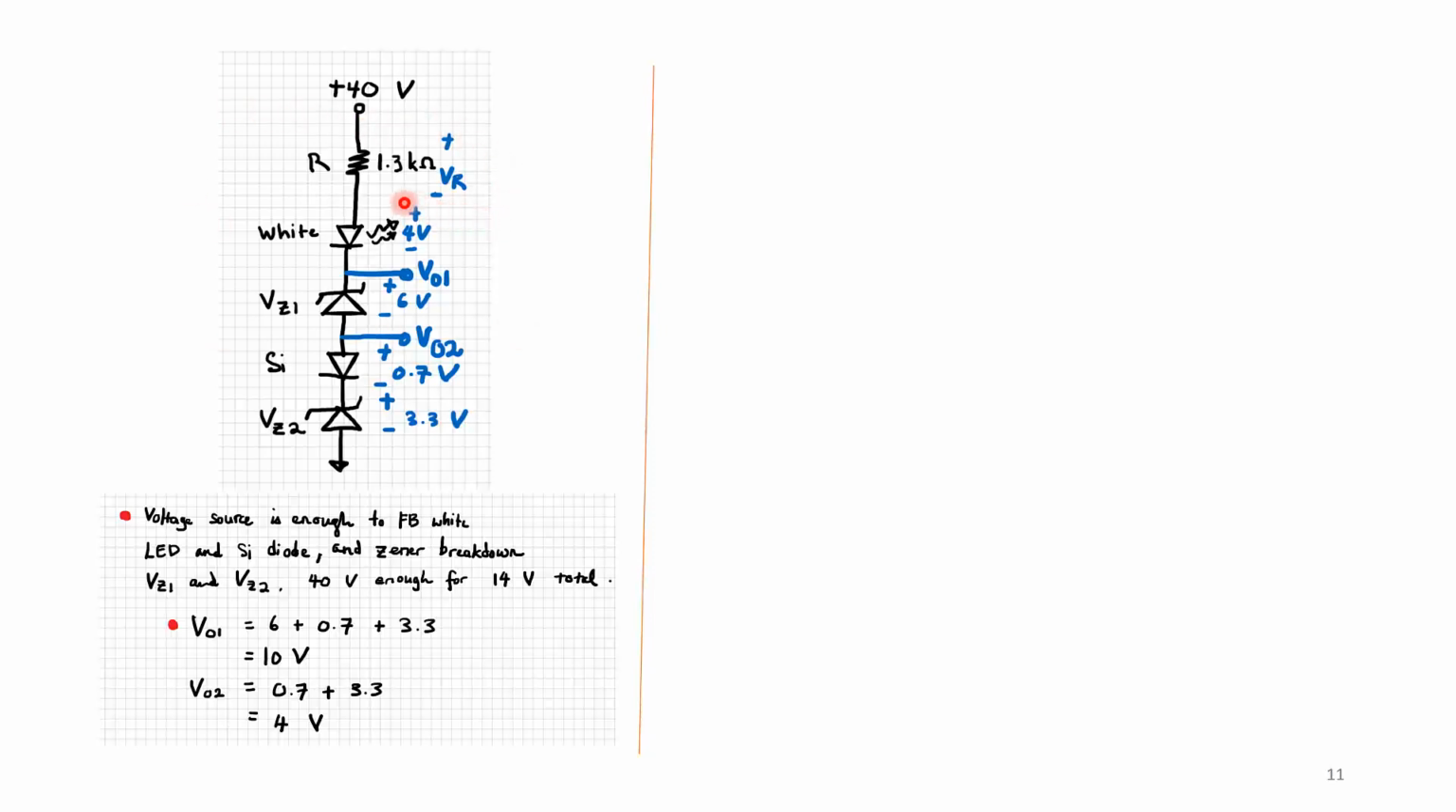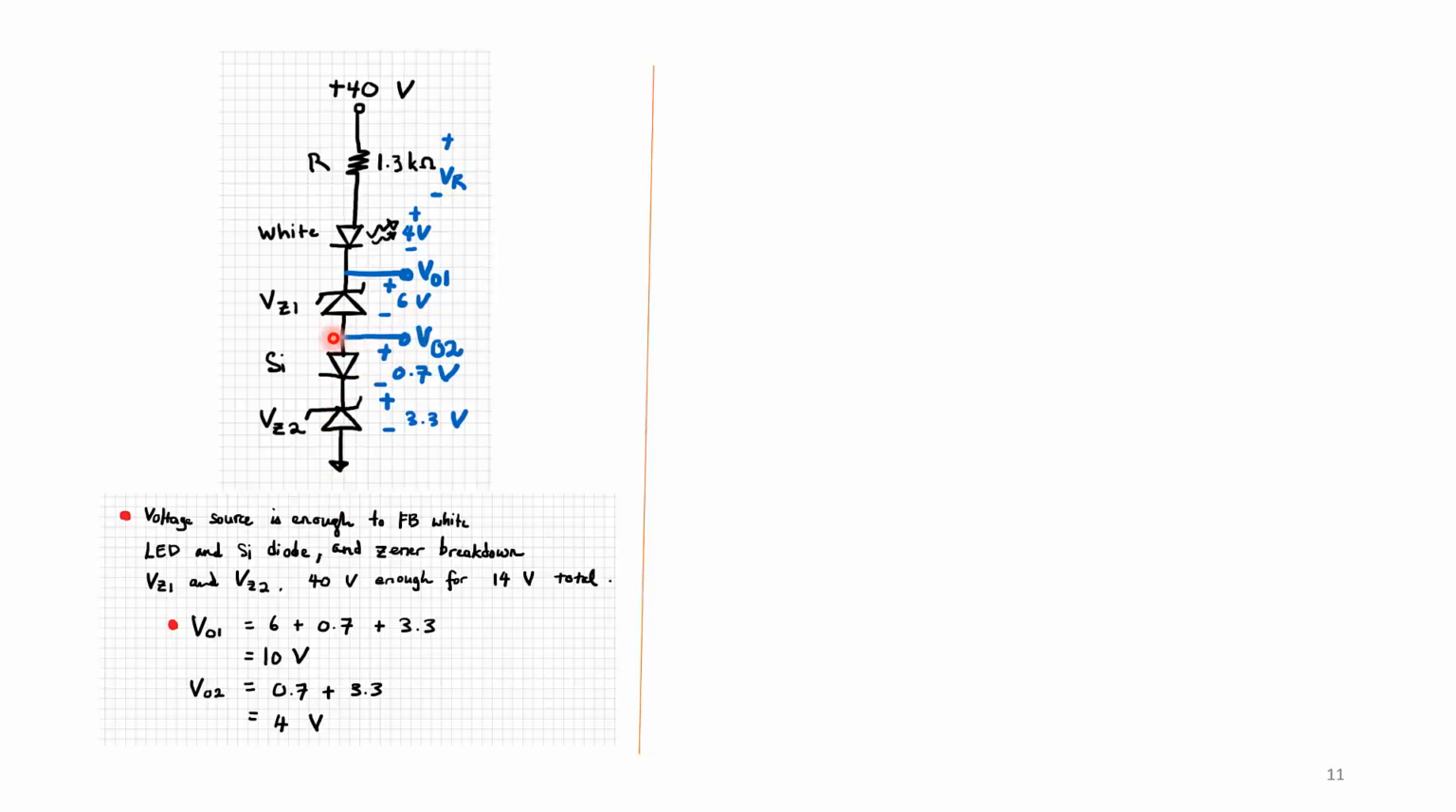The voltage drop will be across the 1.3 kilo ohm resistor. So this resistor here is meant to absorb the extra voltage drop, as well as to limit the current that goes through the LED. Also by looking at this, since the 40 volts is enough to turn on each of all these diodes,